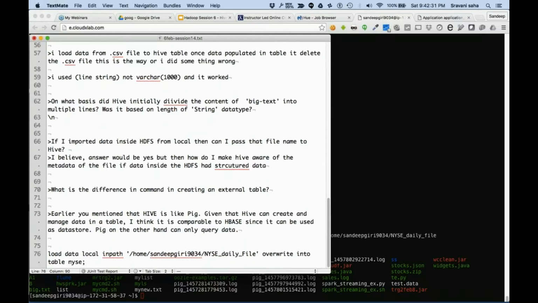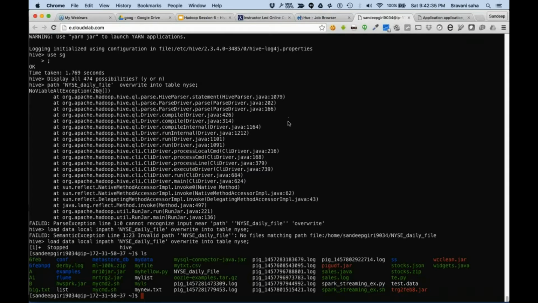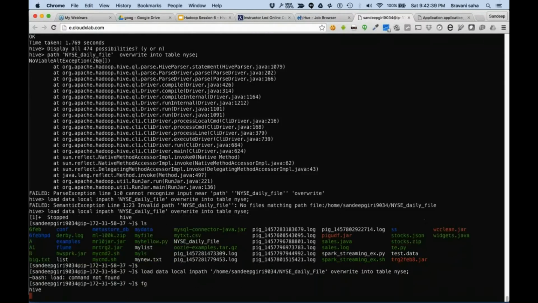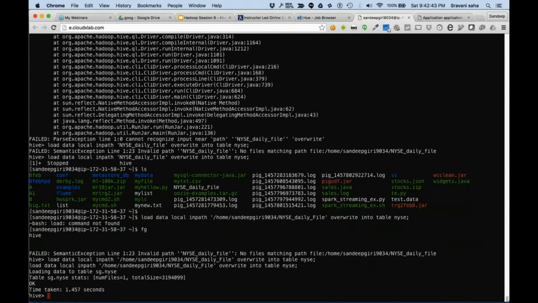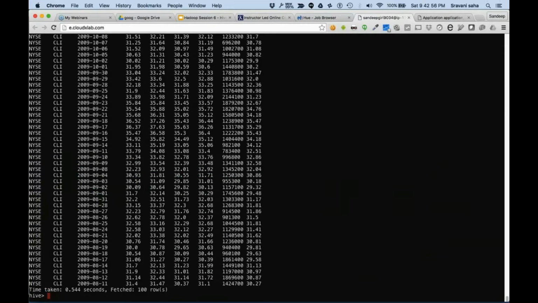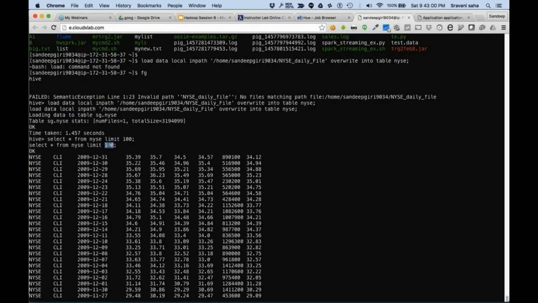Let me try again. I hope this time it would work. Alright, looks like it has worked this time by using an absolute location. Limit 100. Good. So we are able to load data from the file into this.